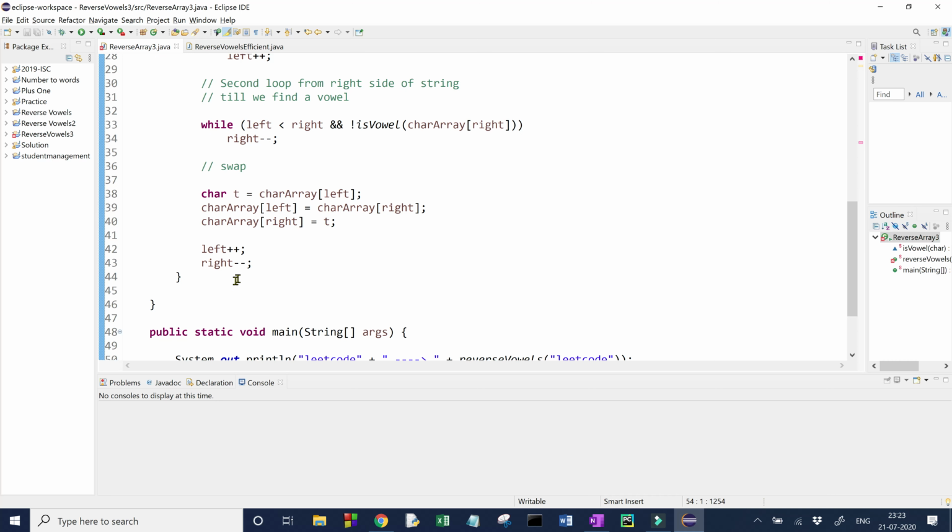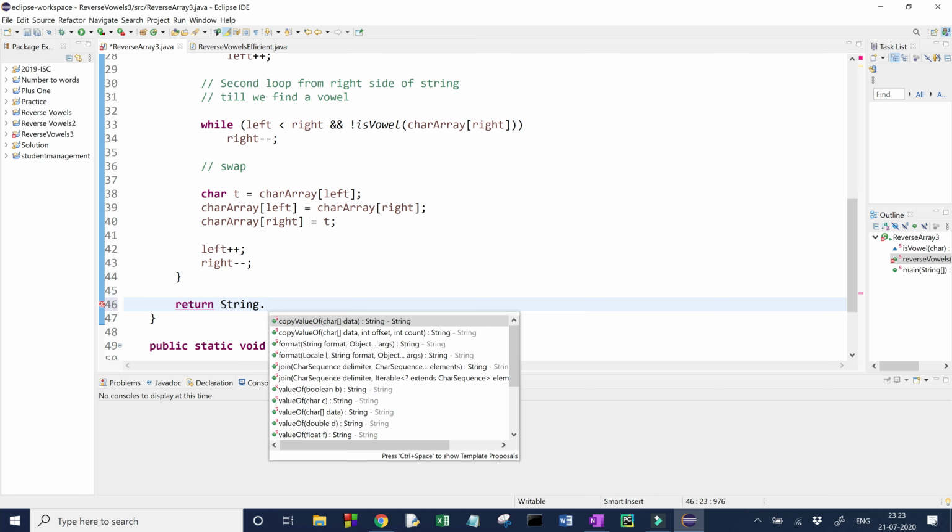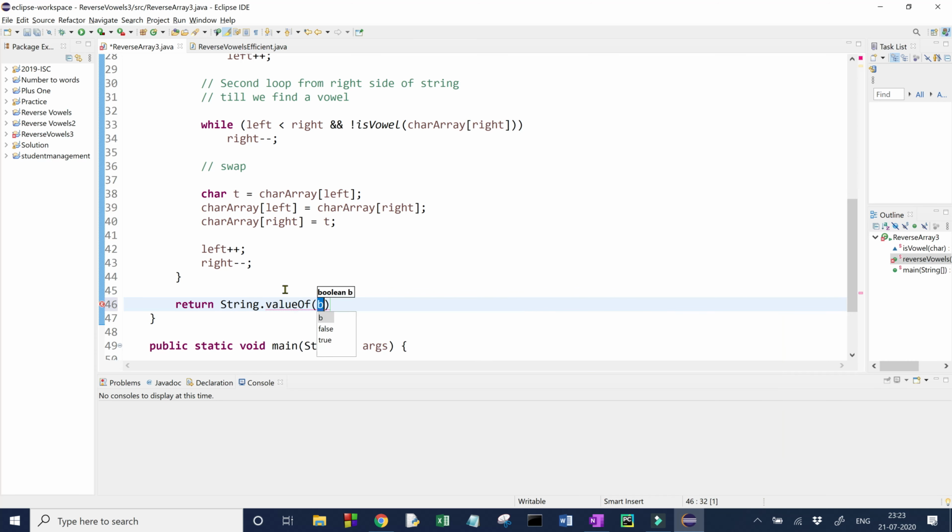Okay, this function is supposed to return the string which I have forgotten. So I will say return the string value of my this character array. I have forgotten this, so that is why the error was coming.